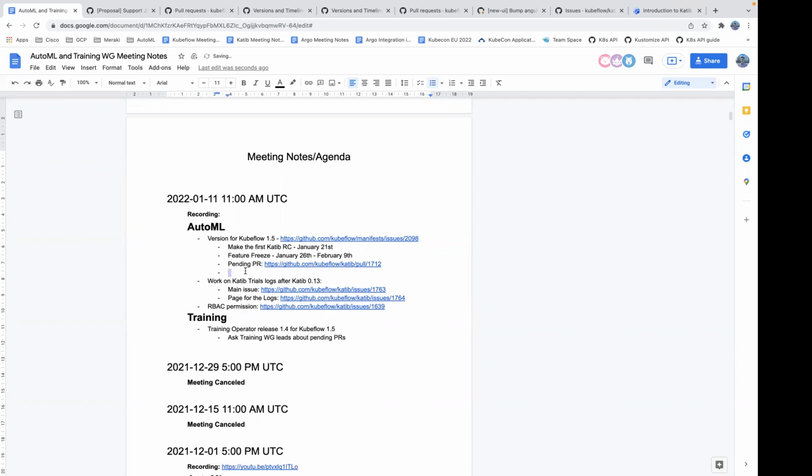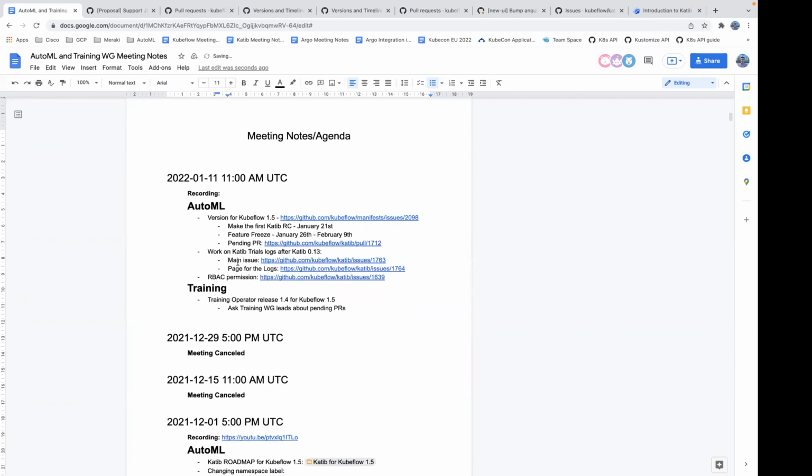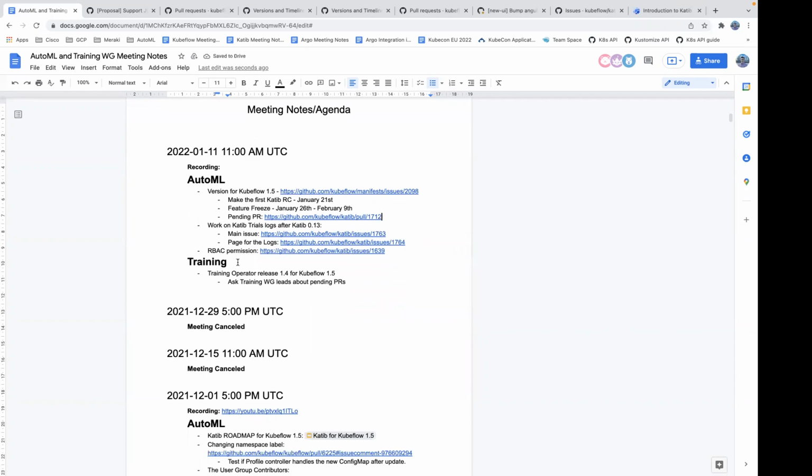So one question, at least from the release team's point of view. From my current understanding, AutoML is okay with the current proposed timeline of having feature freeze on the 26th, and there will be an RC just a little bit before the feature freeze for AutoML. And for training,